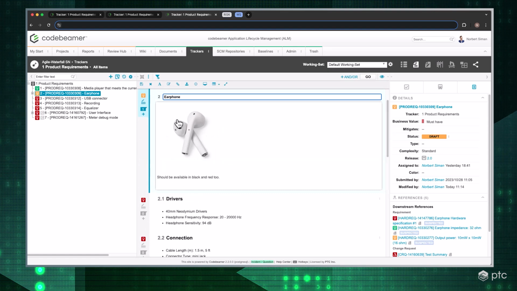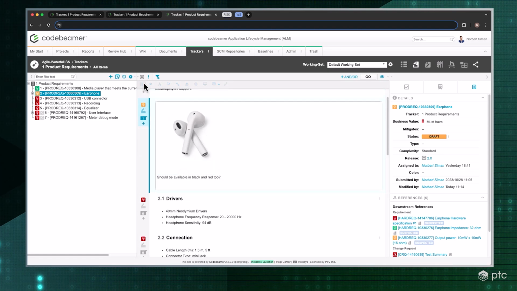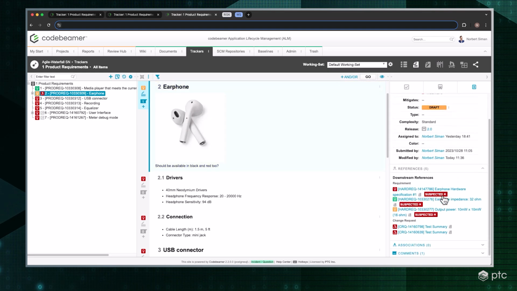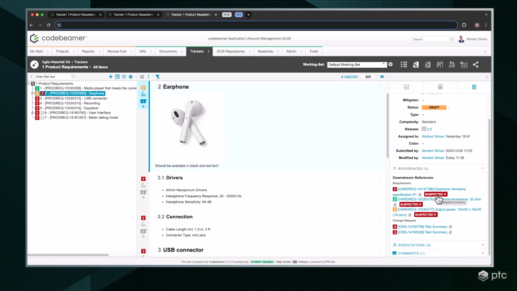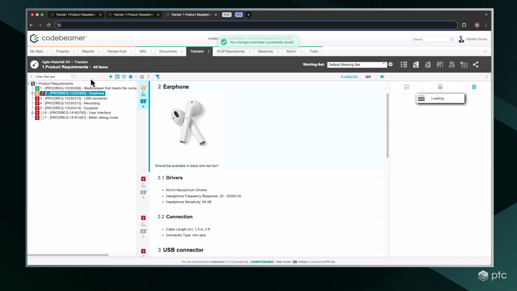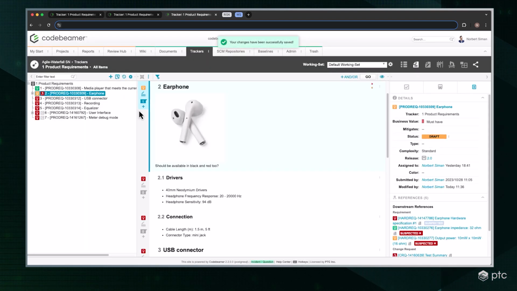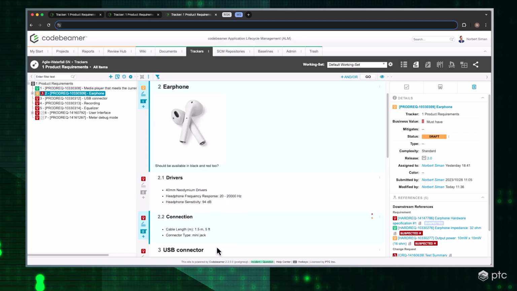So coming here, making a quick modification, question mark, here we see it instantly firing. Changes then can be reviewed and resolved by clearing or merging them in the desired direction. I can create a new downstream referring item with a few clicks, which is going to instantly appear in the